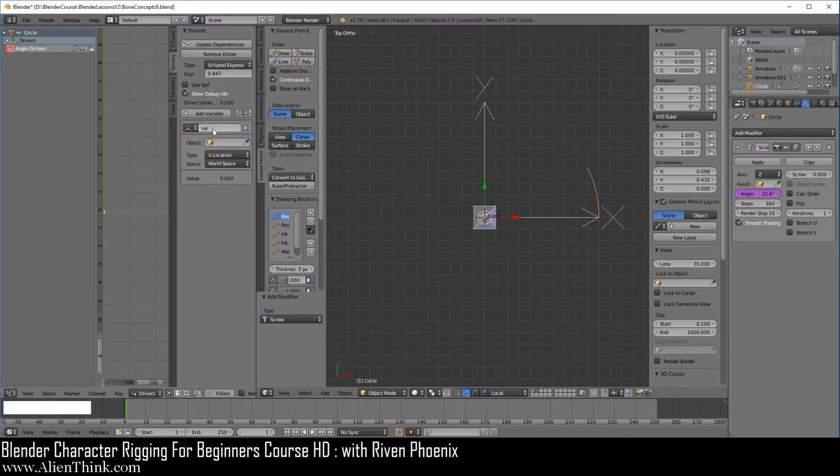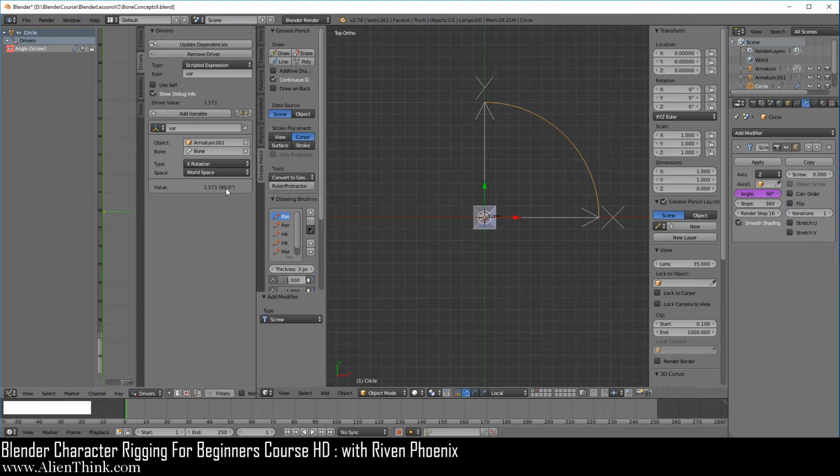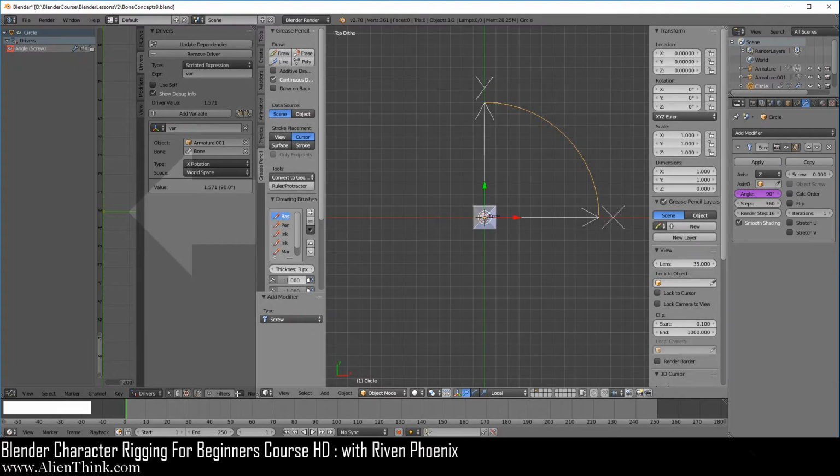So here you can see that this is the variable over here, so just type in VAR. We want to use that. Over here we're of course going to click on armature.01 because that's what that is, and over here we're going to get a bone, and we're going to say that okay, give us the rotation on the x-axis, right? So here we have to do x rotation. Notice that what it's doing, it's showing you that there is an internal rotation coming of 90 degrees. This is what's happening over here, right? So go ahead and just close this up.